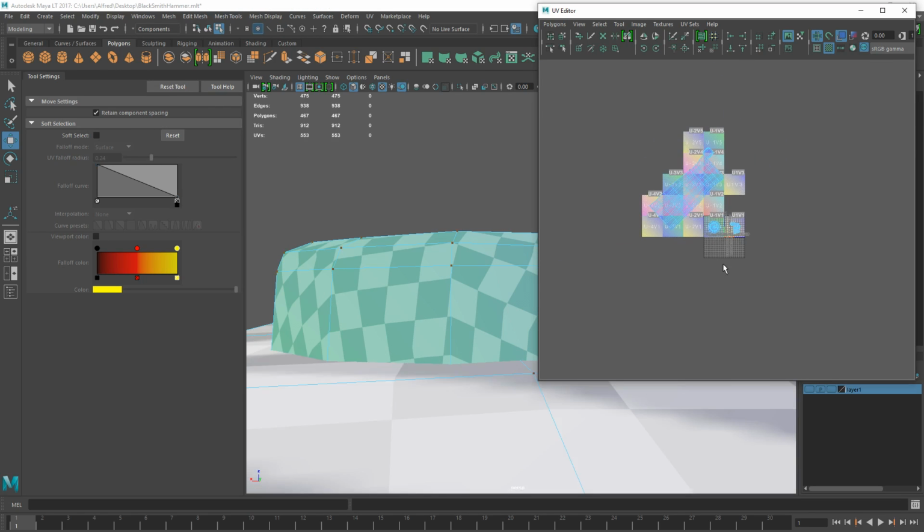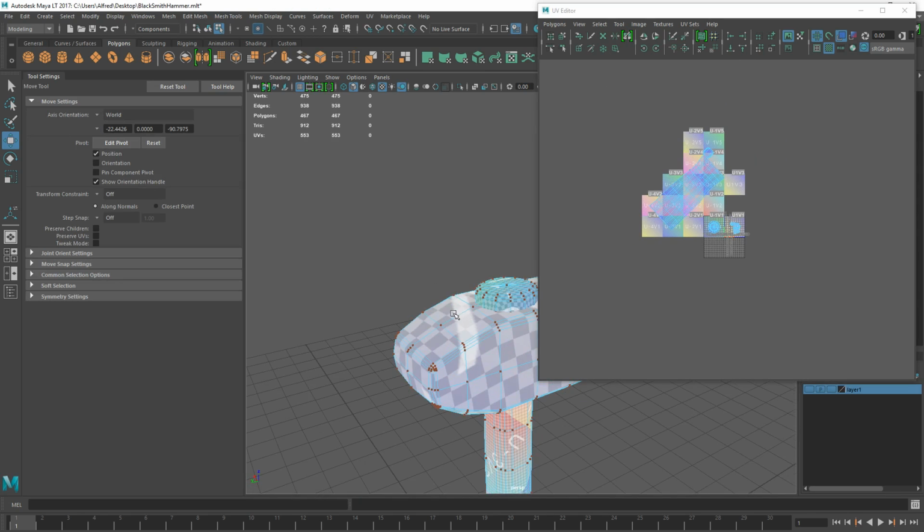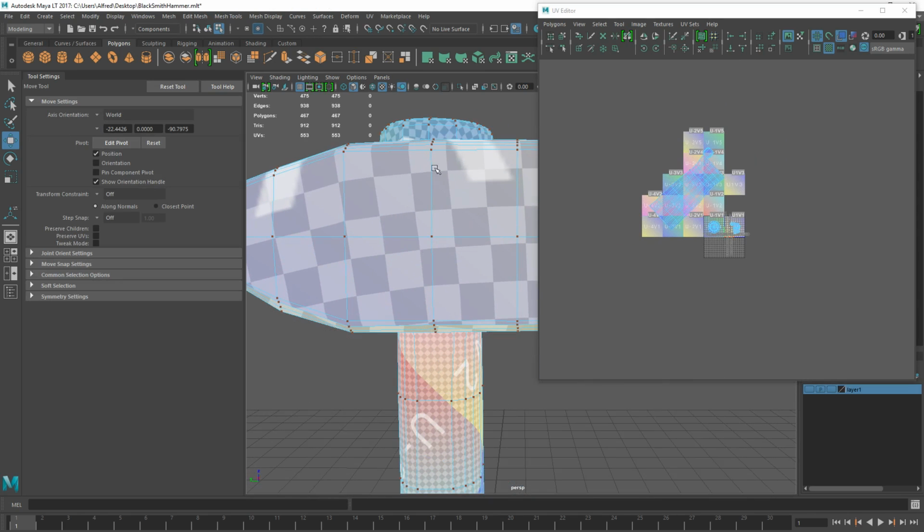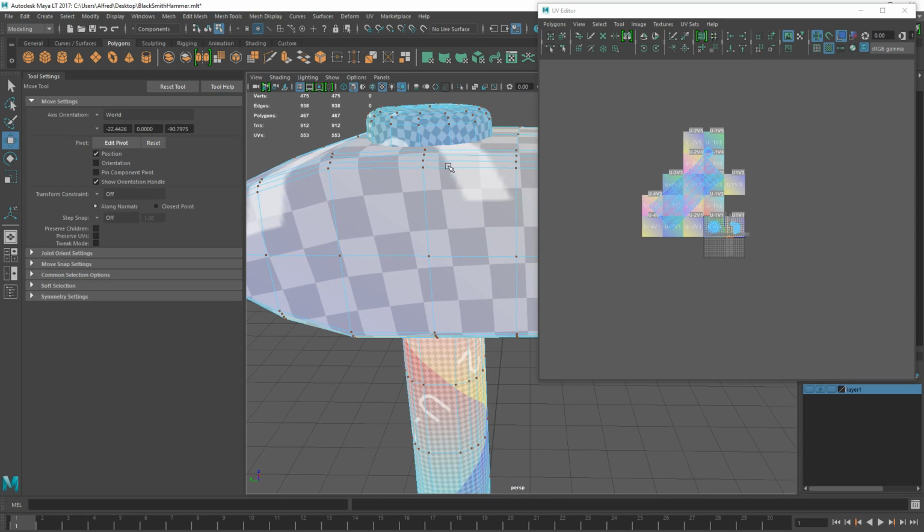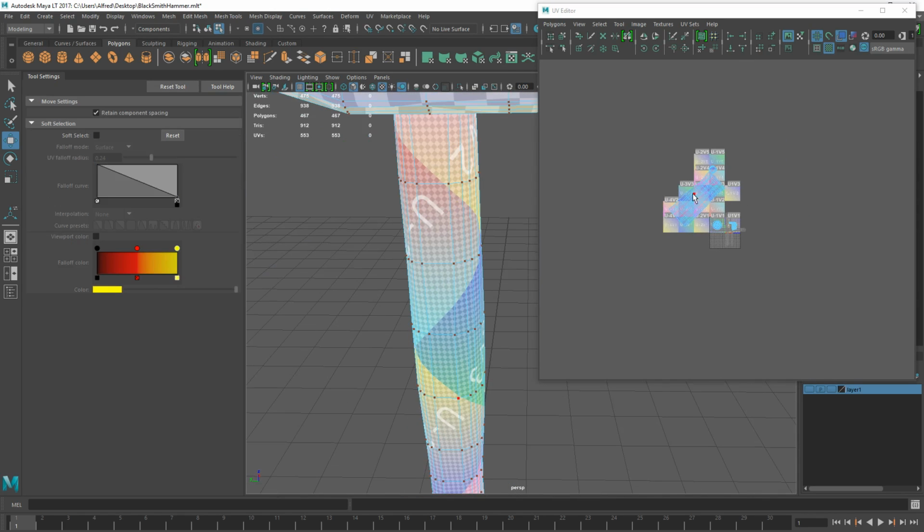So all of these are at the wrong scale now. I did that on purpose because I'm going to show you. Obviously everything's supposed to be sort of this scale of square, but it's not. This is very small, and this is very small. I did that on purpose because if I select something now, so this, I don't know about other softwares, but